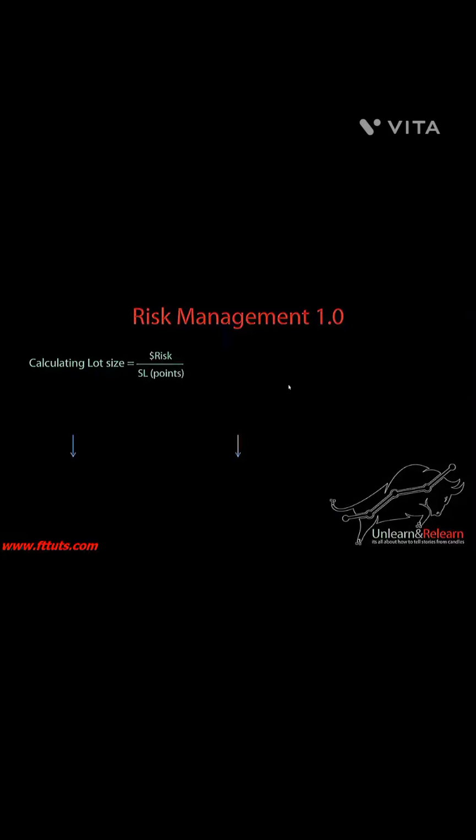Does this change based on leverage? No. The only thing that changes based on leverage is the risk that you can use at any given time. If you have a lower leverage, you can